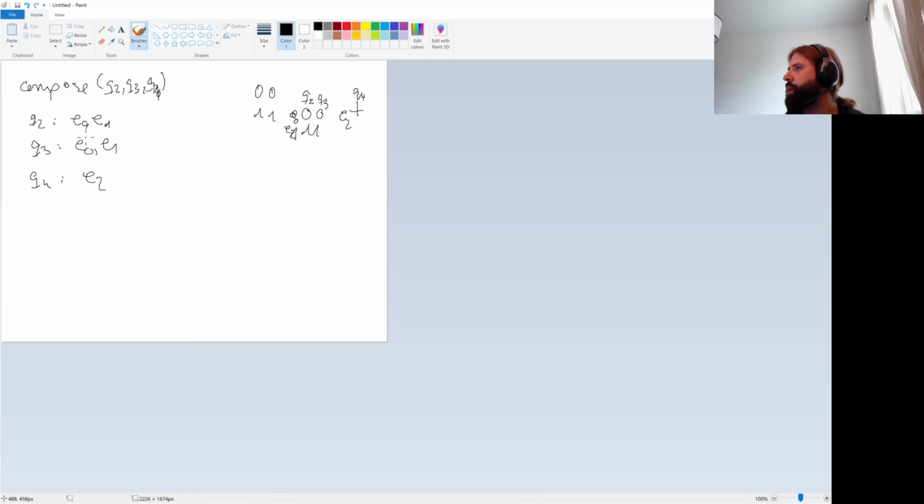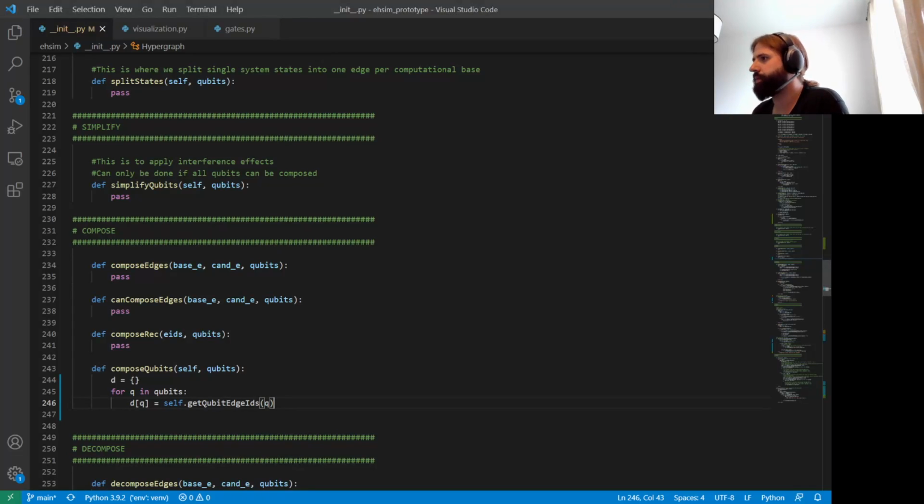I have to be careful, because I can still use this list, but I can't compose edges with themselves. So I've got to make sure that the overlap is different, that the actual intersection of the sets is 0, right? So what I have to now do is